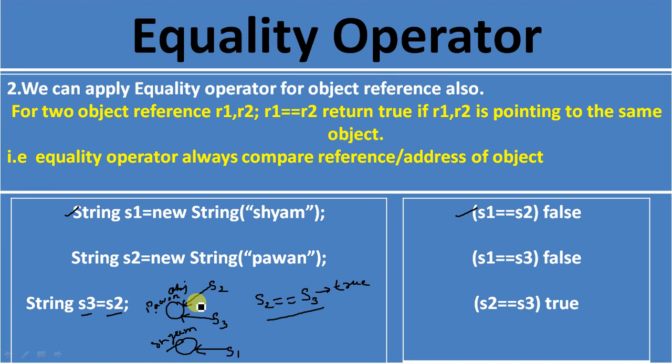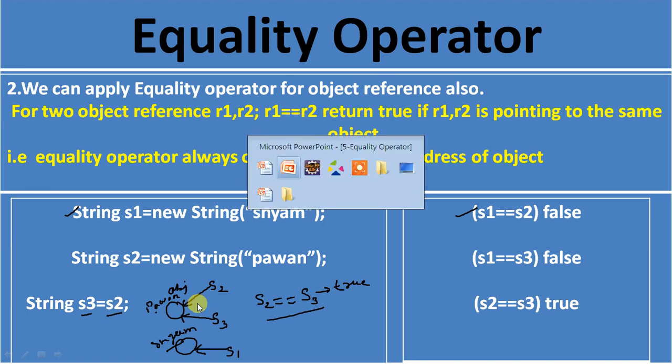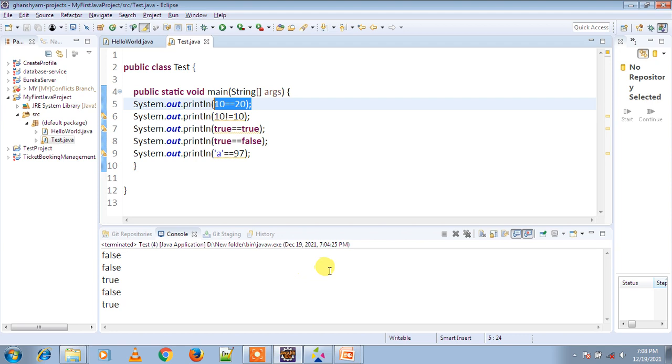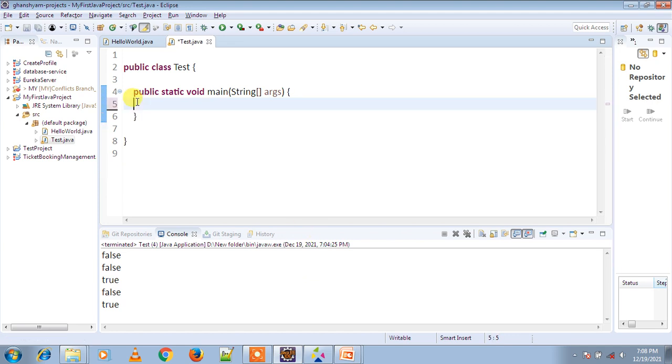Let me show you on the Eclipse IDE. We have already created a test class. Here we are creating two objects.